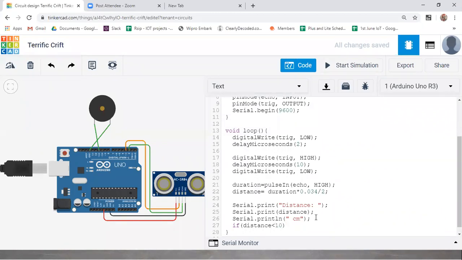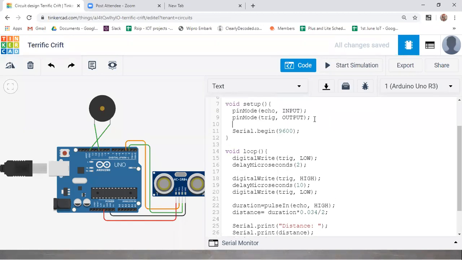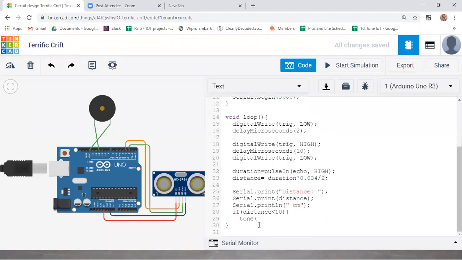If distance is less than 10, I'm going to turn on this buzzer. Before that I need to set it up: pinMode level, output. So tone level comma 1000.